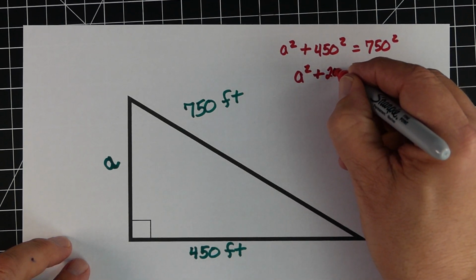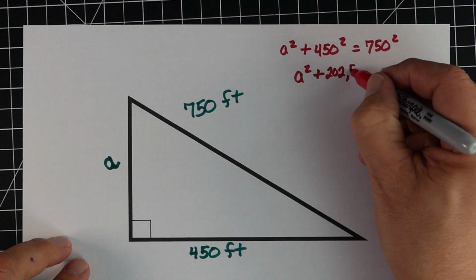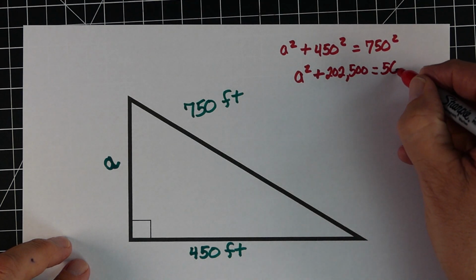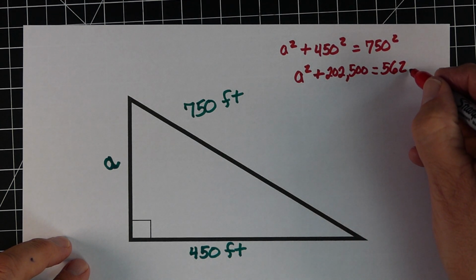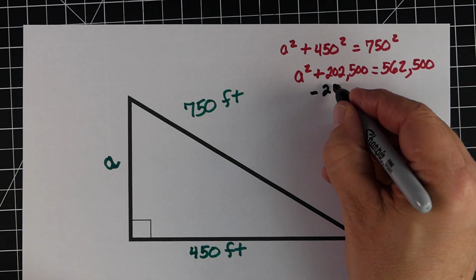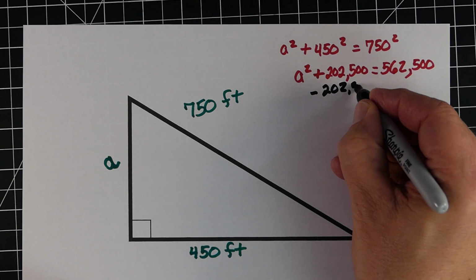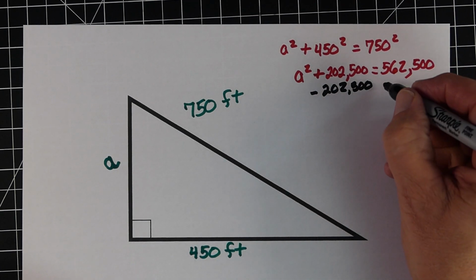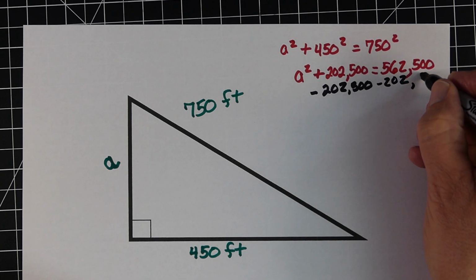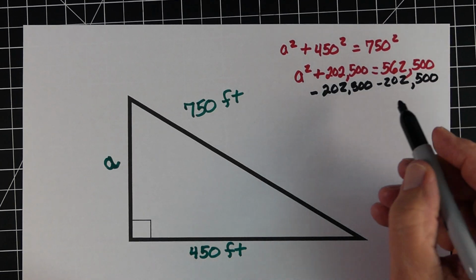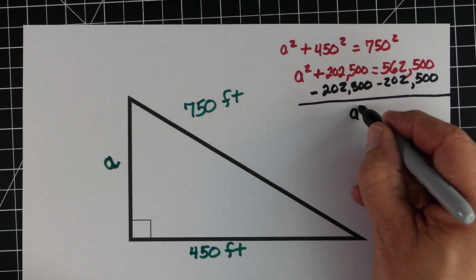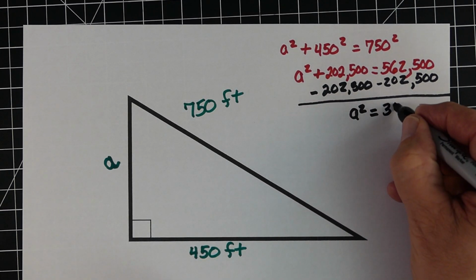So we keep our a squared. 450 squared is 202,500, and then we're going to square the 750, which is 562,500. Just like the other ones, this is a two-step equation, so we're going to subtract the 202,500 from both sides. So we'll take that away from both sides. Now that's going to leave us a squared on the left side, and on the right side, after we subtract here, we're going to end up with